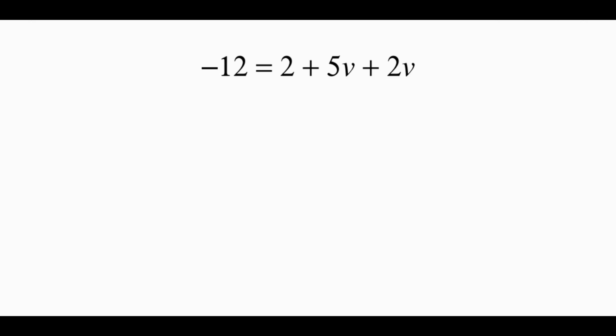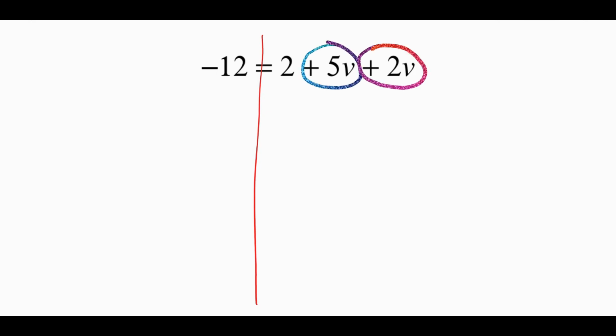Negative 12 equals 2 plus 5v plus 2v. I'm going to draw my line down the equal sign, and I see some like terms on the same side of the equal sign that I can combine. And notice when I'm circling these, I'm actually circling the plus sign in front of them because that's a positive 5v and a positive 2v. And that is going to become